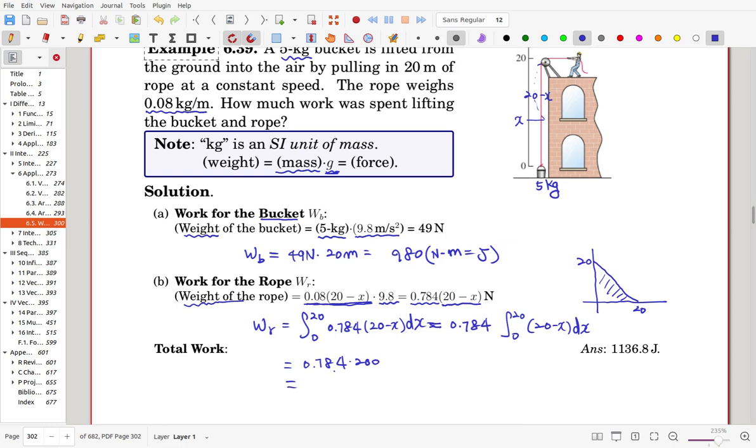So that is 78.4 times 2, which is now 156.8 joule. So if you add this one and that one, then you'll get here now that amount, 1136.8 joule total. Okay,